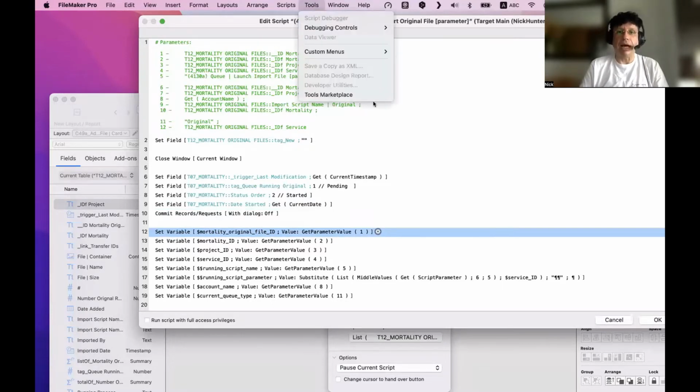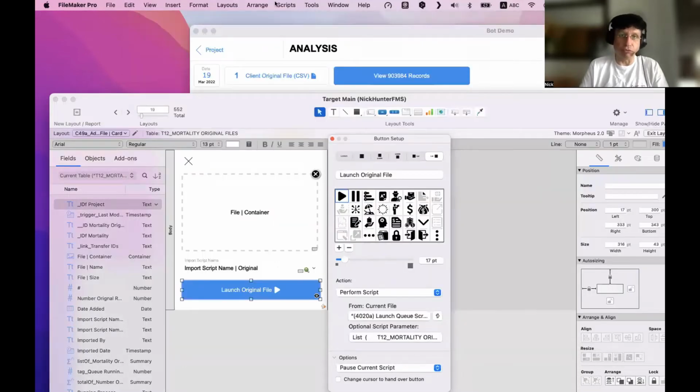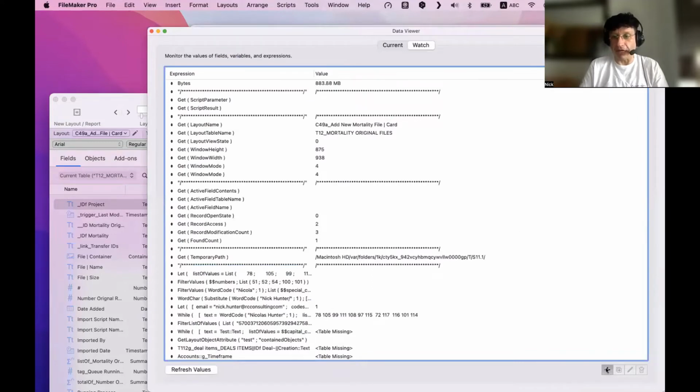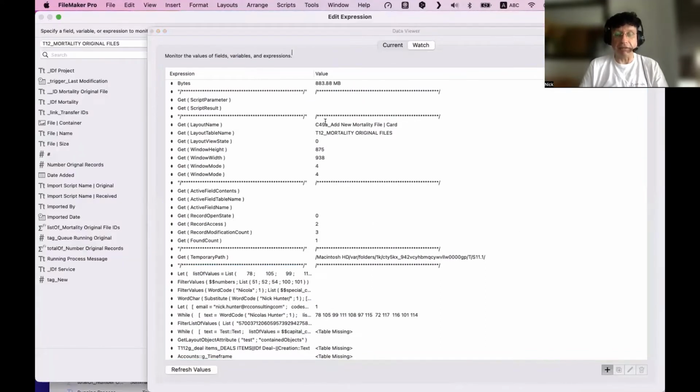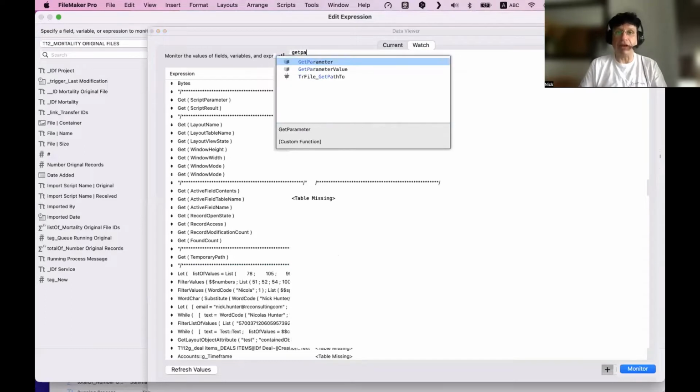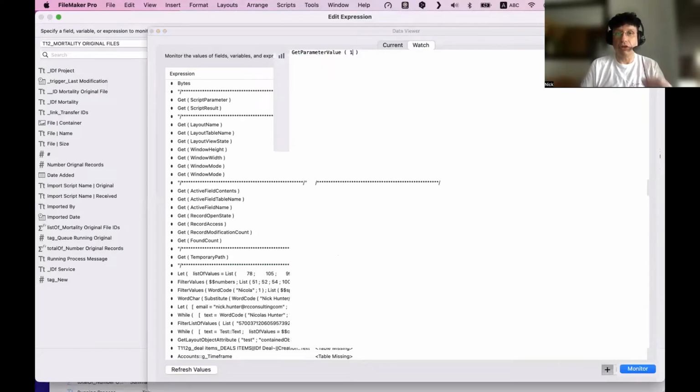Yes, I have a custom function that you must have seen in many of my sample files. I have a get parameter value number. So the parameter 2, 3, 4.